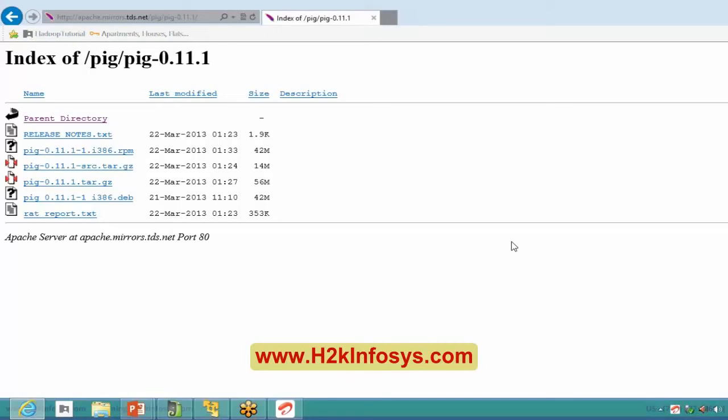Okay. So whenever you install Pig on your Hadoop, just try checking whether the installation has been done properly or not. For that, you can have a simple command called as